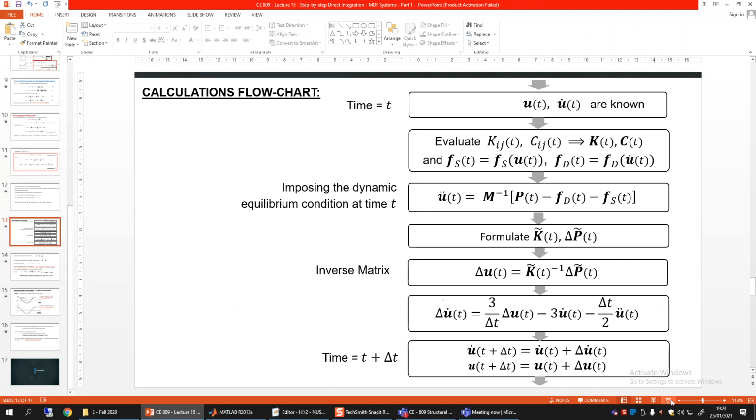We know that the ground acceleration case can be converted into the applied force case for multiple degree of freedom systems also. So the P effective vector will simply be minus mass matrix times the influence vector 1, having all entries equal to 1, times the UG dot dot vector.